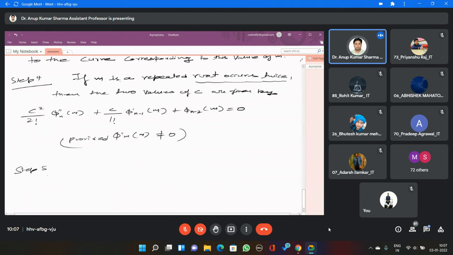Step number 5. So after finding the C, the asymptotes of the curve is y is equal to mx plus c. Okay, so this is the asymptotes of the curve, y is equal to mx plus c. Okay, that's it. You have to do like this manner. So only here we retain the